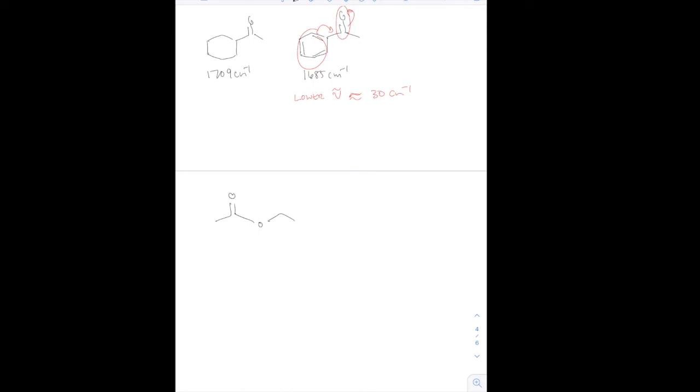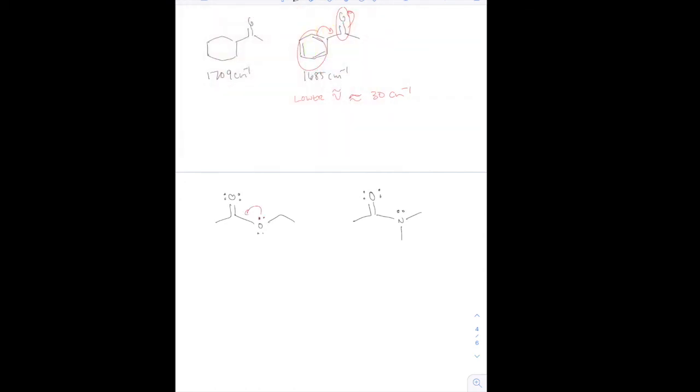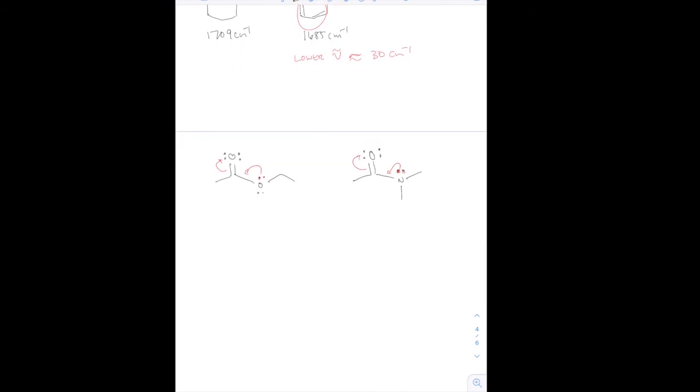So just because you have a carbonyl group next to an atom that has a lone pair doesn't mean that it's always equally willing to create that resonance structure. Okay, so what I mean by that is, yeah, we can donate these electrons to create that resonance structure, or these electrons to create that resonance structure, but ultimately, which one is more willing? And nitrogen, as you know, is